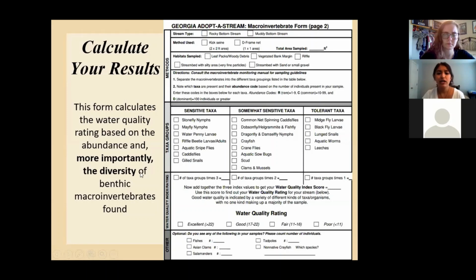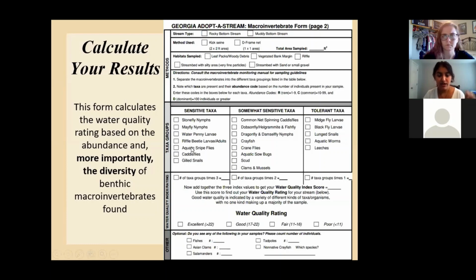So when you take your sample and you start to separate them out, you're going to separate them by the type of macro that they are. So, okay, maybe you find 5 stoneflies and 2 gilled snails and 3 water pennies.